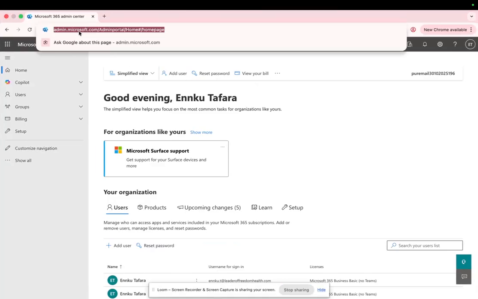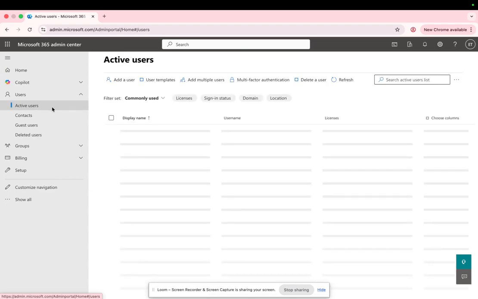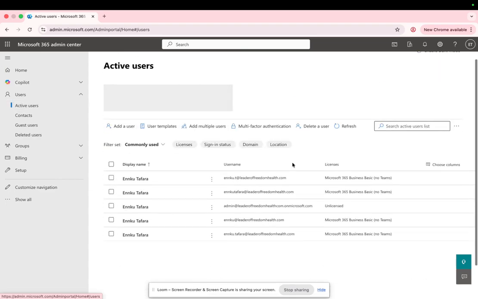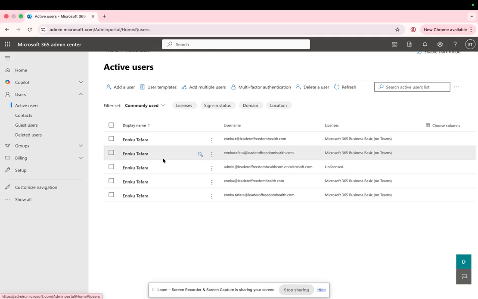So you need to log into admin.microsoft.com and use the Microsoft 365 admin account that you have and go to admin center, then go to users and then click on active users. From here, what you need to do is you need to select the email account that you want to apply email forwarding on. So, for example, let's say if you are trying to do email forwarding for this account, click